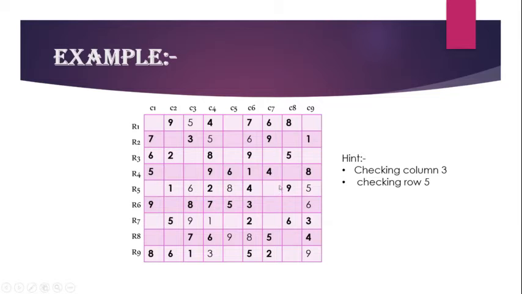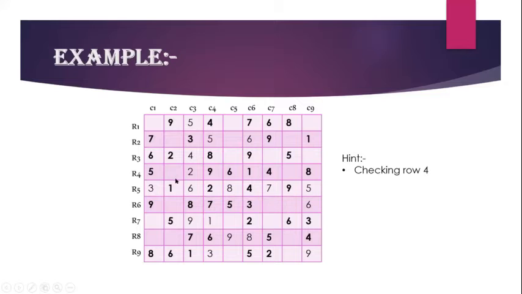And now on checking row 5. Row 5 is similar. 7 numbers are there. Only 2 numbers are left over. Those 2 numbers are 3 and 7. But when we check column-wise, in column 1 we already have 7. So in R5C1 we cannot put 7 again. So R5C1 is filled with 3. After putting 3 here, the balance empty cell here is R5C7 and the missing number is 7. So R5C7 is filled with 7.